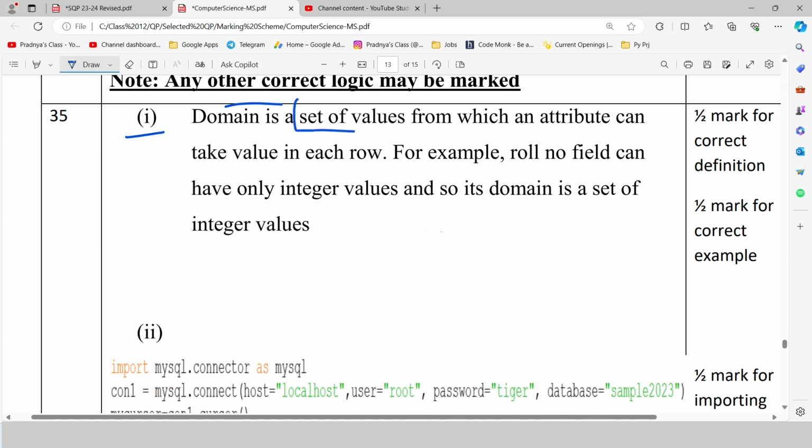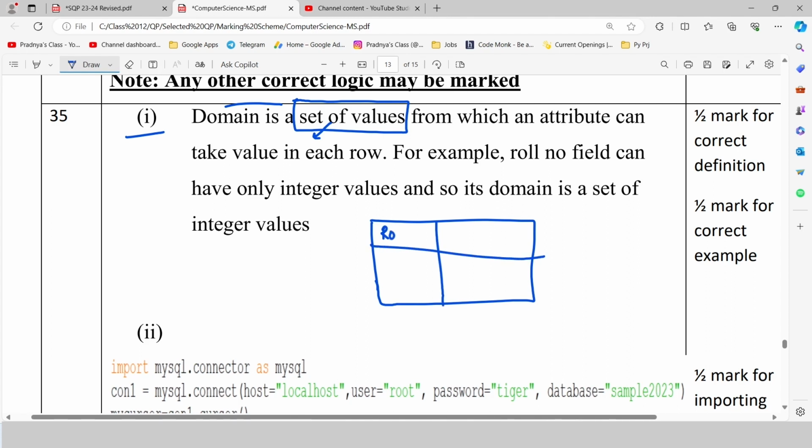Domain is nothing but a set of values which are permitted for a particular field in a table. Let's consider an example. If you have a table named student and there is a field named roll number, then you can only enter integer values in that field. So what's the domain for this field? It is a set of integer values.